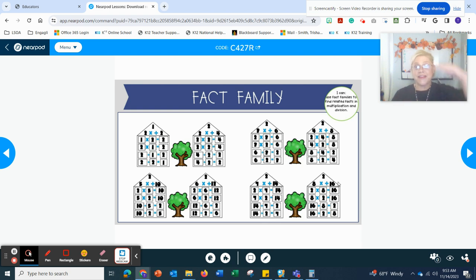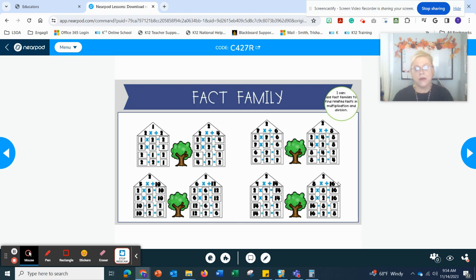Maybe they want to live on the second story. No, I want to live on the third story or whatever. But they're not going to leave this house. So now these are just a few examples of cumulative property or fact families. You can make all of the examples for all of your numbers. For the ones are going to just kind of stay the same because like 1 times 1 times 1